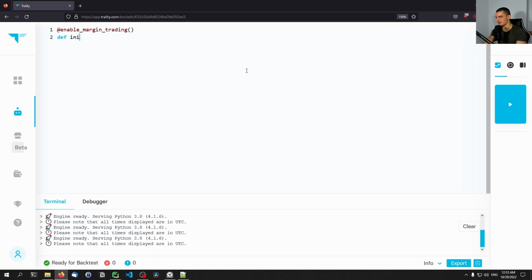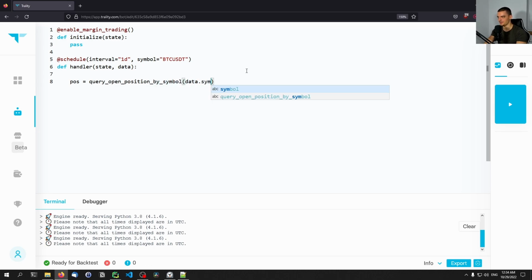We're going to initialize again with state. We're going to pass again. We're going to say again, schedule interval is going to be 1 day. Symbol is going to be BTC USDT, and then the handler function is going to take the state and the data. So we're going to start again by getting the position. So what was it? Query open position by symbol data.symbol. So Bitcoin again, then include